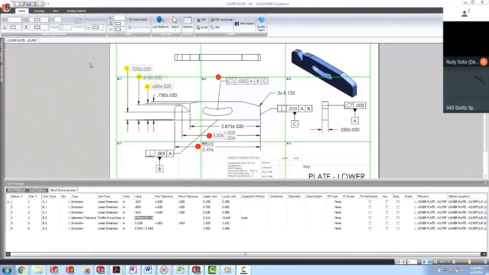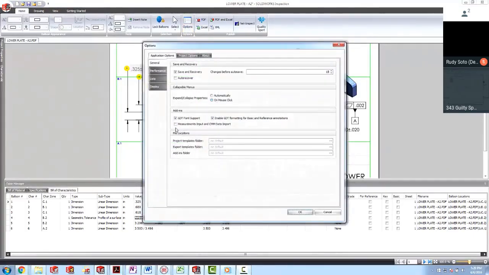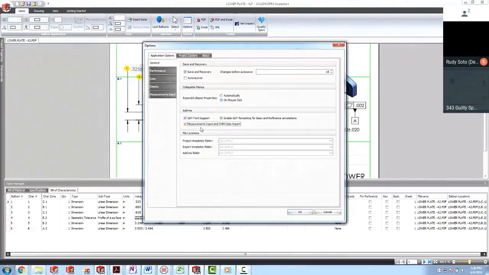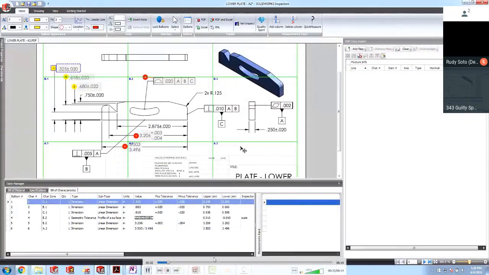And once the SolidWorks drawing was open, the user went through and captured all the dimensions, either by manually clicking on the dimensions or by just saying grab everything and letting the software go through and grab all the dimensions. And when you have Inspection Professional, you get this check mark for allowing the input from a data package from a CMM result. So that adds this area over here where you're able to import the data from CMM and then actually use that during the inspection process.